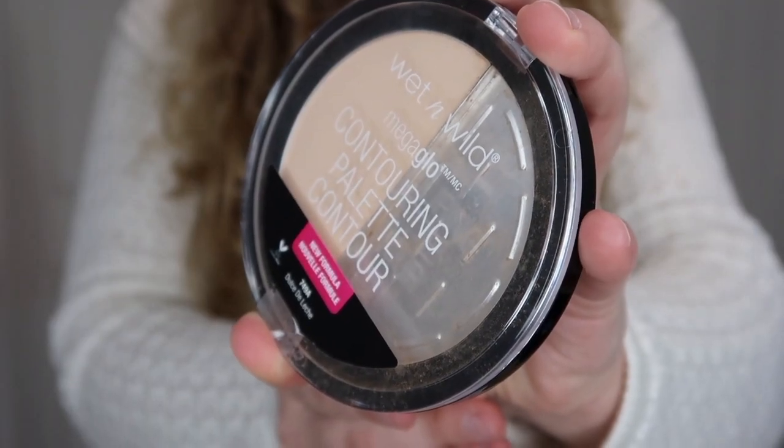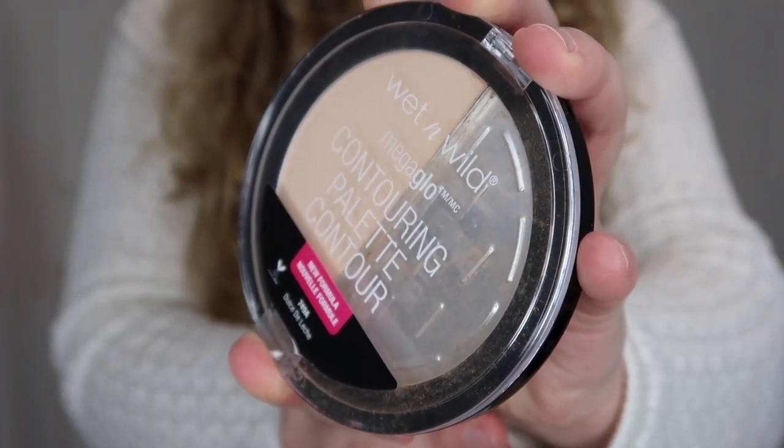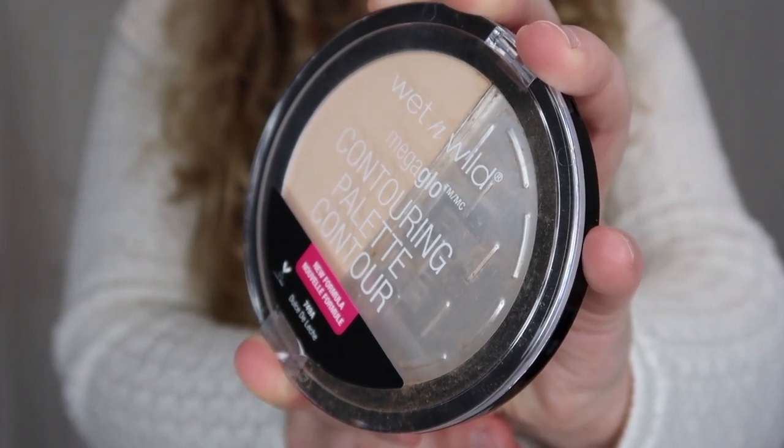It all fell out and cracked and went everywhere. So it's an empty, an accidental empty. I did not use this all up. Let me just show you what it is so you understand. It's the Wet n Wild Mega Glow Contouring Palette in Dulce de Leche, and I used up the contour darker shade in this. I don't really like the lighter shade in here, so I wasn't going to even attempt to use